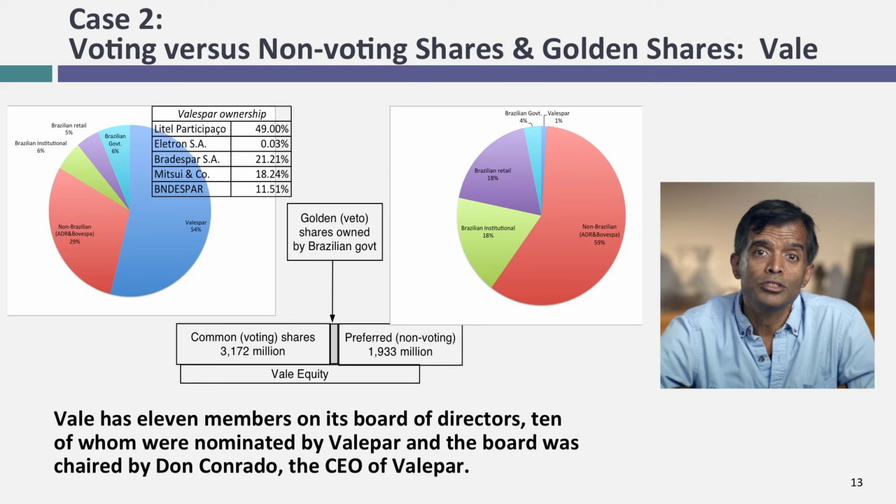The higher voting right shares are basically held by 7 entities which control Vale. One of them is an entity called Valespar, which appoints most of the directors for Vale. They effectively run the company. So as a stockholder in Vale, what do I expect to do? Not much. I have very little power in the company because those 7 big investors in the voting shares will